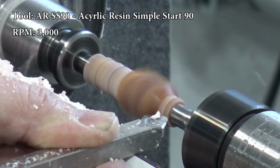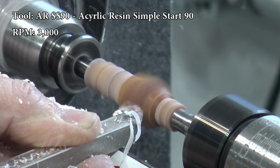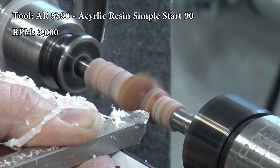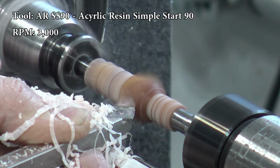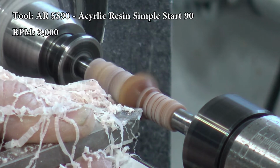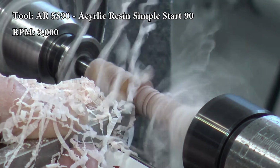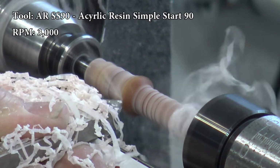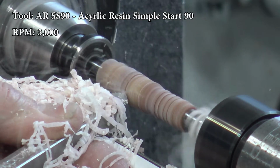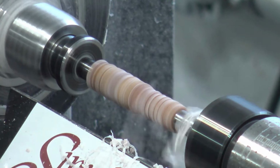One thing that we found out when we were developing these tools is that it's usually a lot better to just do 1 pen blank at a time. These mandrels will hold 2 pen blanks, but when you have 2 on there, it's so long that it's flexible. And when you get to the middle of the mandrel with both pen blanks on there, it really likes to vibrate, and you have a lot of problems with chipping. So I found out it's a lot better to do it 1 pen blank at a time. So there, we got her roughed down